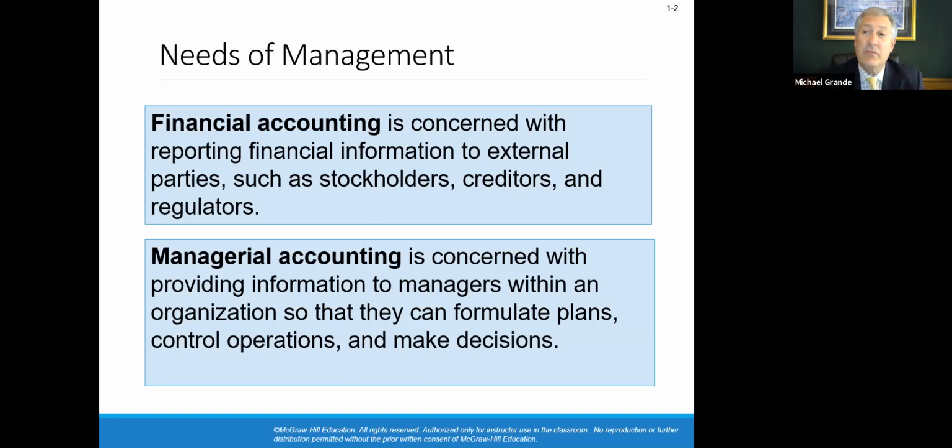Managerial accounting is a slightly different context. It is used mostly by managers within the business. Financial accounting is more about reporting information to external users. Managerial accounting is much more in depth and does not involve as many journal entries in the preparation of financial statements. It's more analytical in nature. Decision making is really important within managerial accounting. It's about taking information within the company and making managerial decisions.